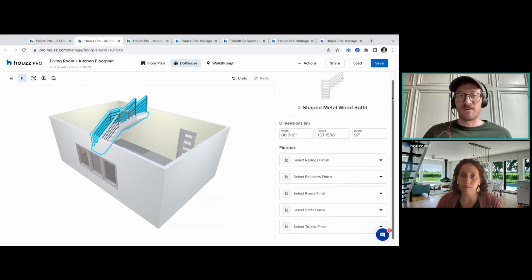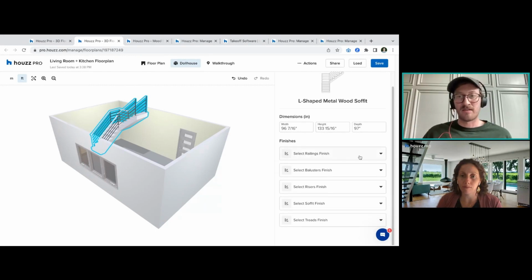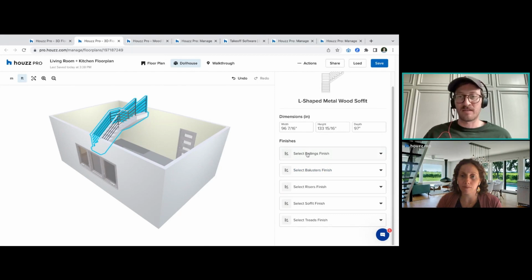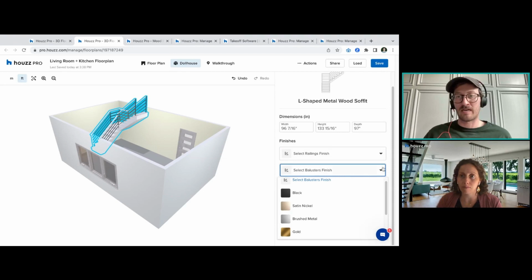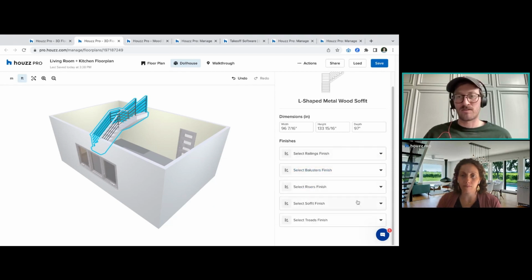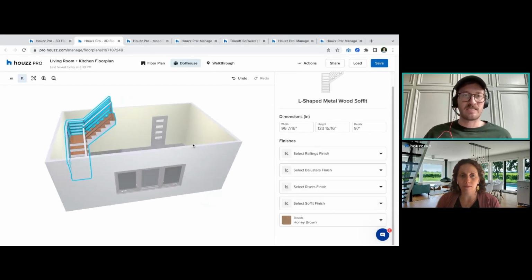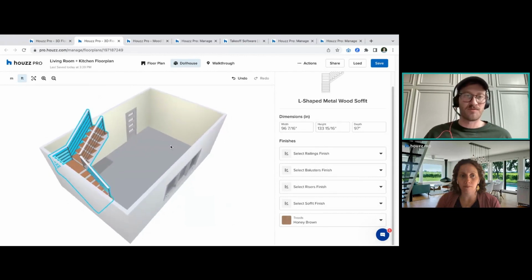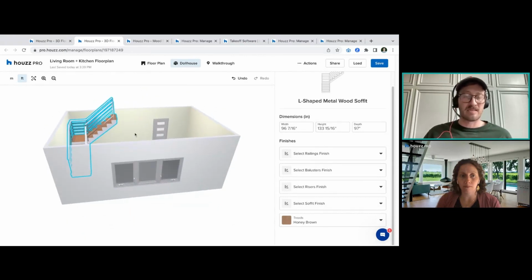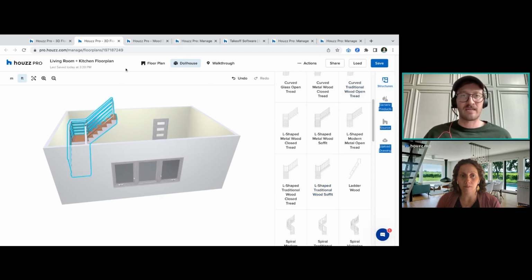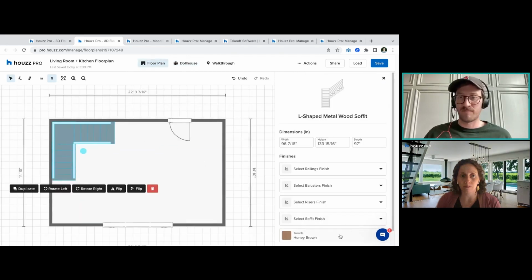And beyond that, there is a lot of things that you can make changes to. So if we wanted to provide railing finish, if we wanted to provide the baluster finish, we can have our, and there's risers, the soffit, the treads, everything here can be customized. And that's just putting on only one thing with the honey brown. But basically, you can get these to look really, really nice. You just kind of have to go through and get them styled out so that it is accurate